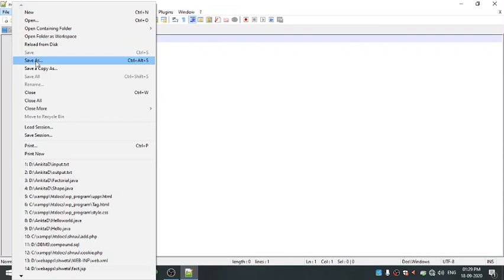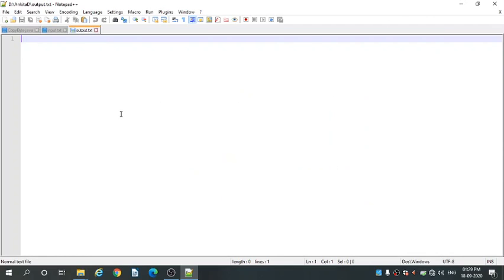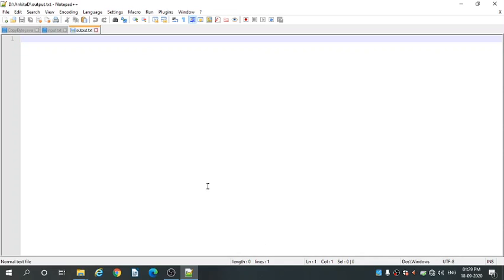The file name should be output.txt. Okay, this file you have to keep empty. Okay, because the program is going to read the bytes from this input.txt file and directly write them to the file output.txt. So it should be empty. Okay, initially it should be empty.